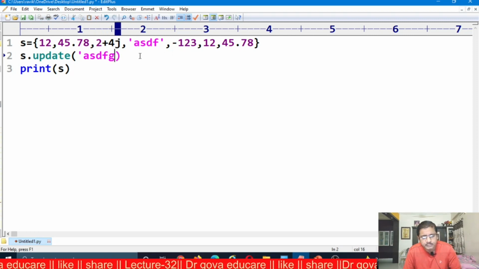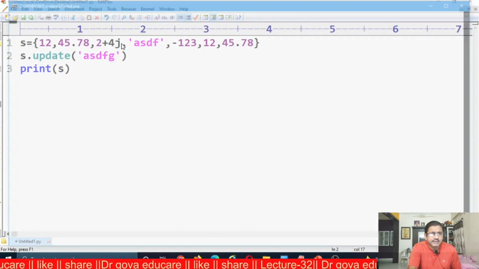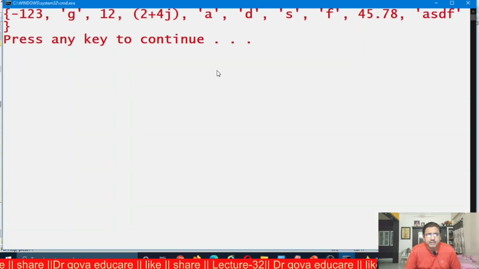Now this is the string ASDFGH, and these characters are added to the set. Observe here, ASDFG, these characters are added into the set.